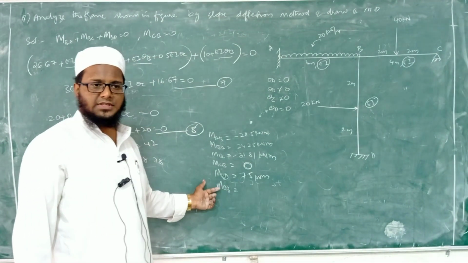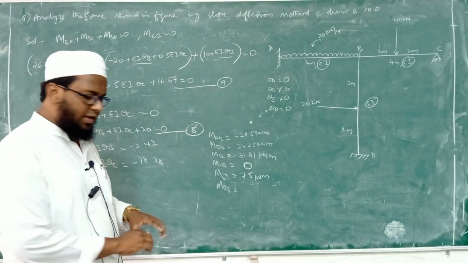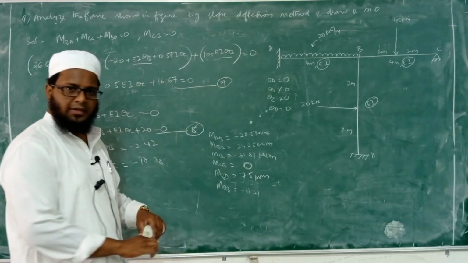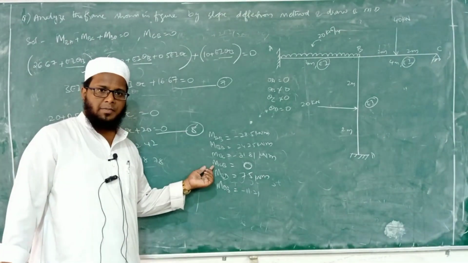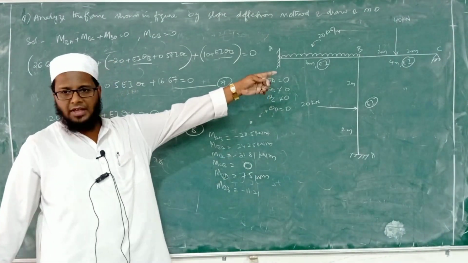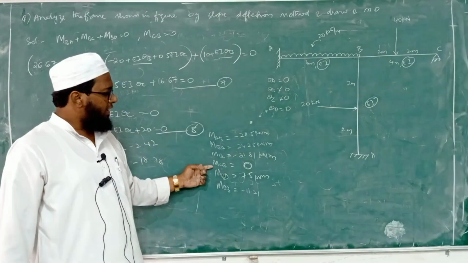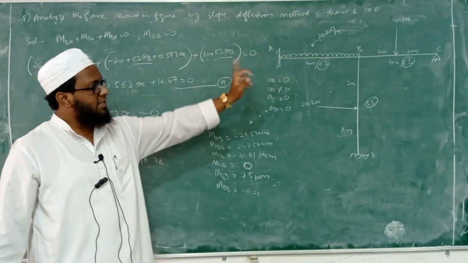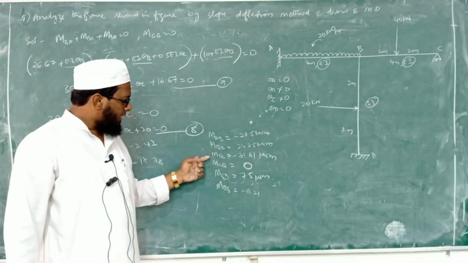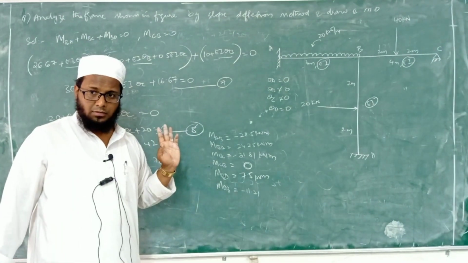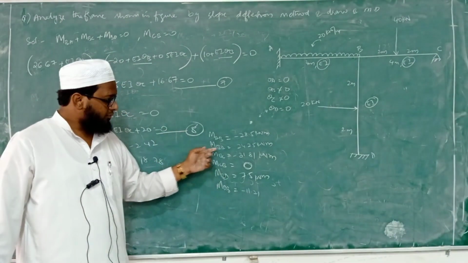Substitute those values in equation number 6. Minus 11.21. And the same thing if you do here, you got MCB which is equal to 0. We have a simply supported end, that is why we got 0 there. Apart from that, we have MBA plus MBC plus MBD. MBA plus MBC plus MBD should be equal to 0. Check it once.